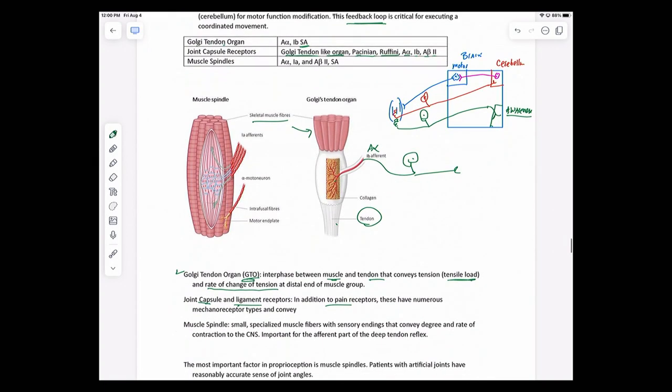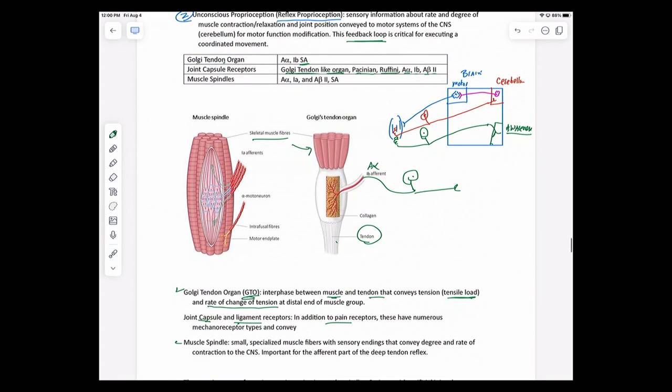And then the last one is going to be the muscle spindle itself. And again, this is a skeletal muscle here, as you can tell. So these are extrafusal fibers. And that's going to be the majority of your muscle mass. So when you go out and you eat a steak, you're eating extrafusal fibers. And then you have these itty bitty little small fibers called intrafusal fibers.